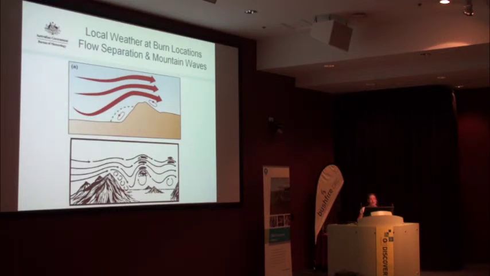Other effects we can see and have noticed in weather observations is flow over a mountain. You can get some separated flow on the upside and of the mountain, as you can see in the first picture, and we have observed some rotor winds down around Bega when we've had some mountain wave conditions over the southern ranges, and so you can get an easterly in amongst a westerly flow, and these are the kind of things that we need to specify directly for